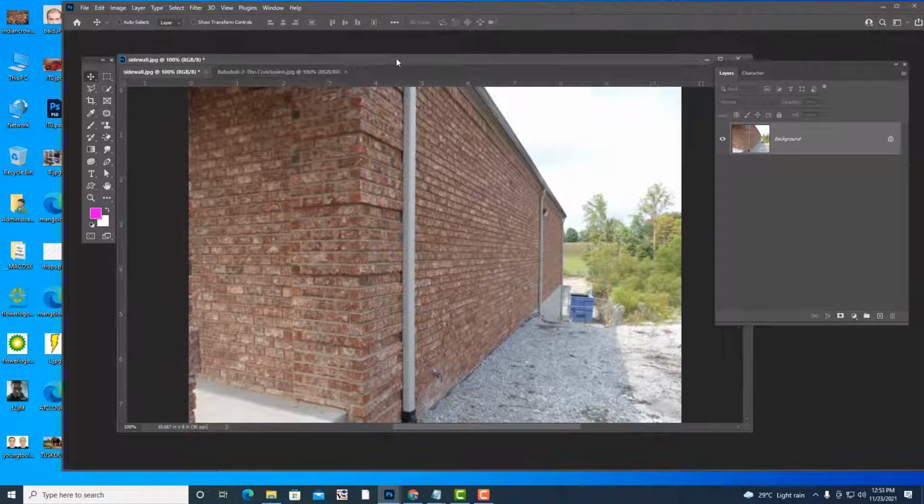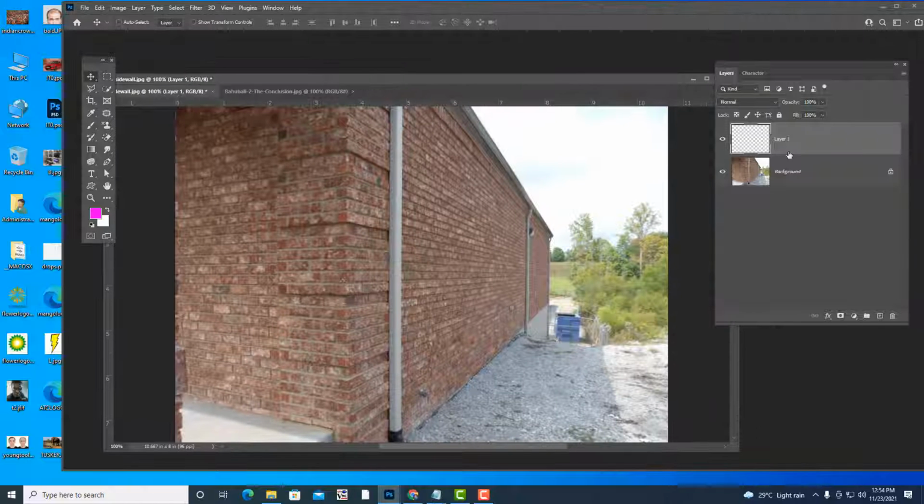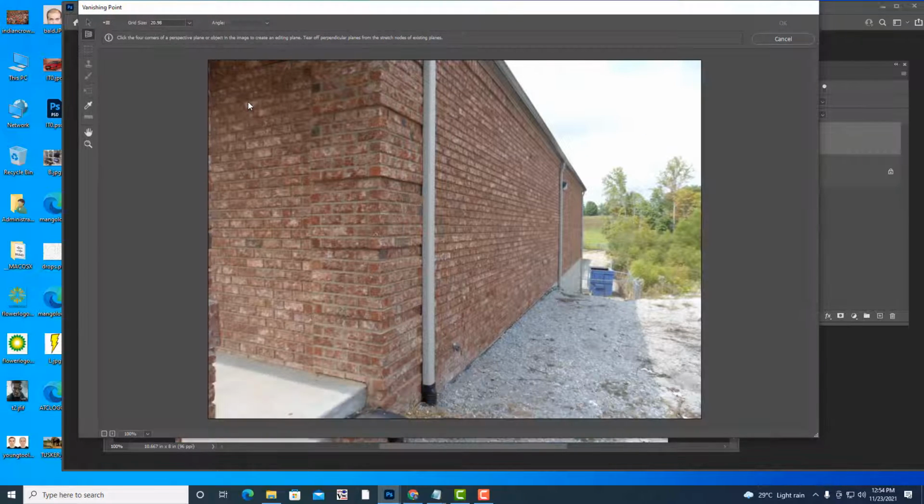So now see what I am going to do. First I am going to take a new layer here. This is very important. Then after taking the new layer, go to filter, vanishing point. Keyboard shortcut Alt Control V. Once this vanishing point window opens, here you have to create a grid. The grid has to be a 4-corner grid. See here how I am going to create a grid. See, just click.